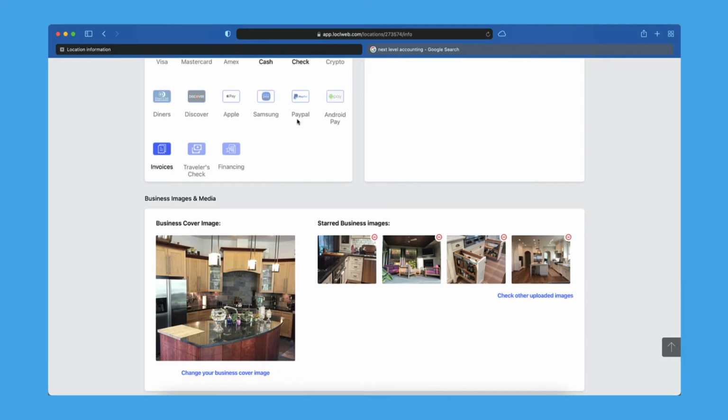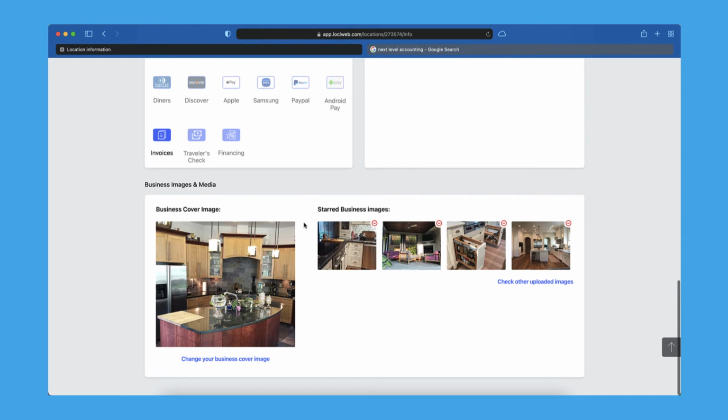So make sure you put a business cover image in, and then your business will look more professional, and your customers will definitely appreciate that, to know that you're a real business, that you keep up to date online. So maybe that will instill more confidence that your hours are correct. Because there's nothing worse than a customer looking up a business online and finding out your hours are not right. They go to your business and you're closed. That would be pretty horrible. So this kind of sends one of those signals that you keep your information online up to date.